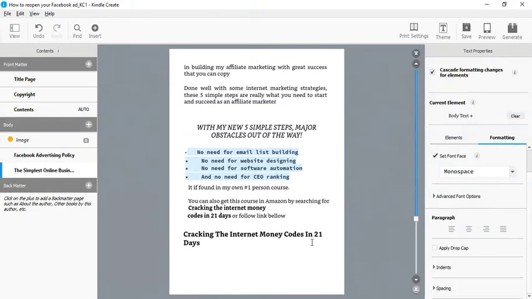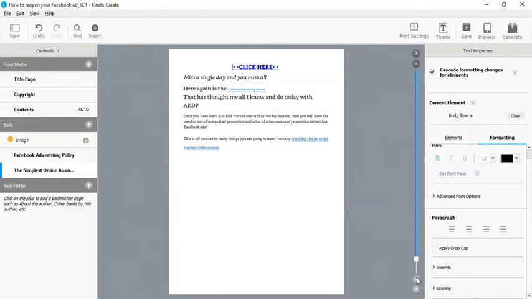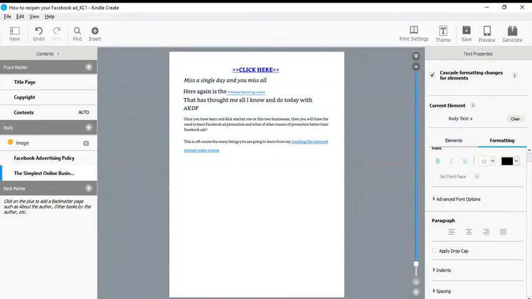So this is how you can format with Kindle Create and your book will become perfect. Okay, so now we have come to the end of this book. Now there's what is called back matter. Now back matter includes